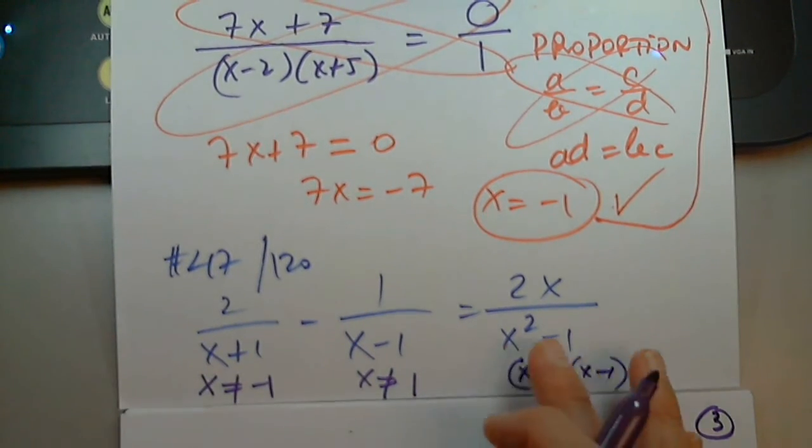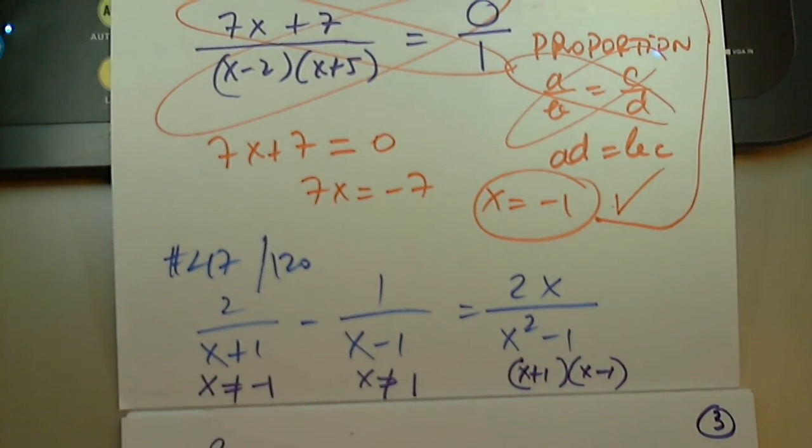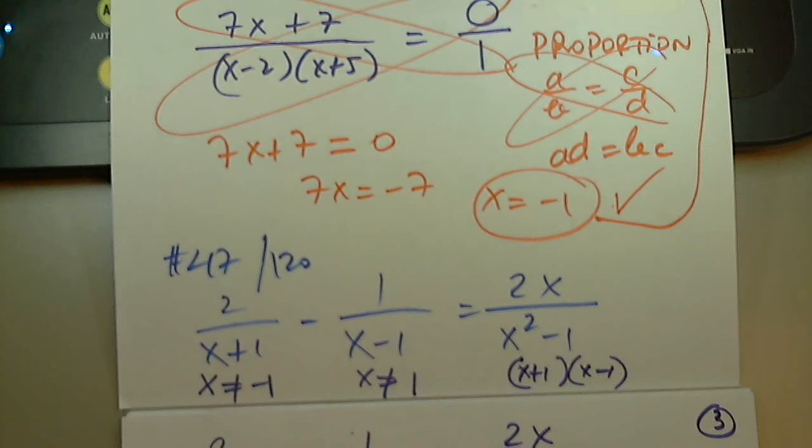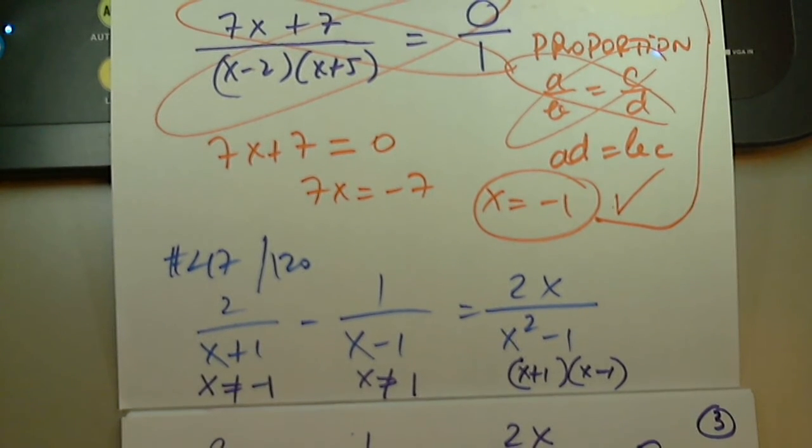Yes, you already told me to move. I have 2 over x plus 1 minus 1 over x minus 1 minus 2x over x plus 1, x minus 1. I need the denominator factored. And now what is left on the other side? Right. If I miss that, I'm messing up the entire problem. So the next step would be,